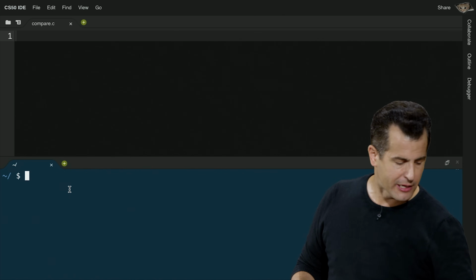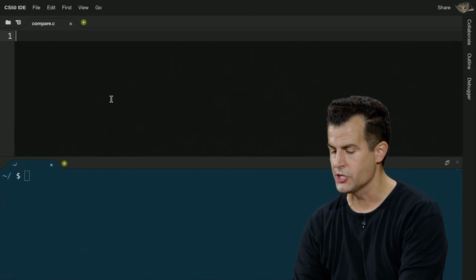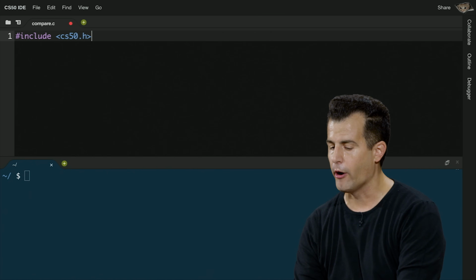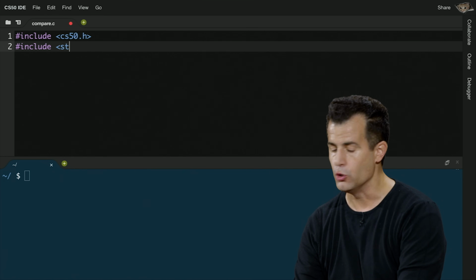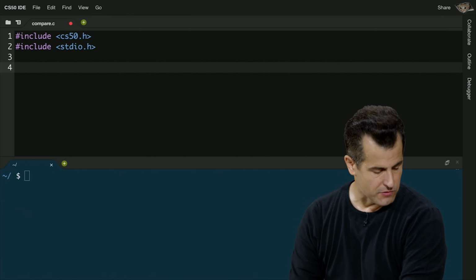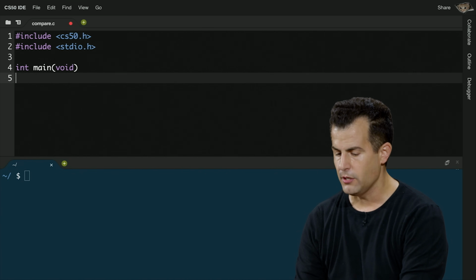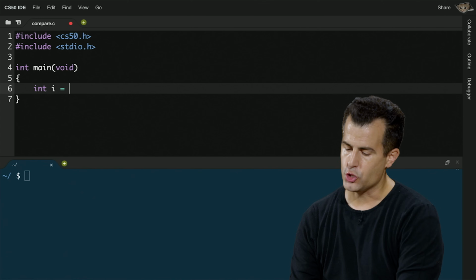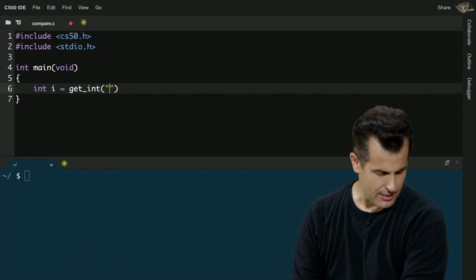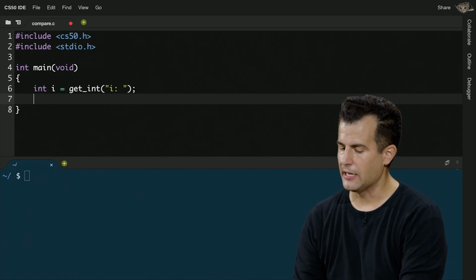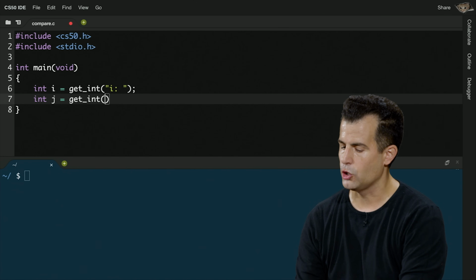I'm going to make a quick program that just compares two integers. I'm going to put the training wheels back on temporarily so that we can get some numbers from the user pretty easily, including cs50.h and stdio.h. I'm going to do int main(void) as my program. I'm going to get an integer called i and ask the human for that. I'm going to get another integer called j, and ask the human for that.